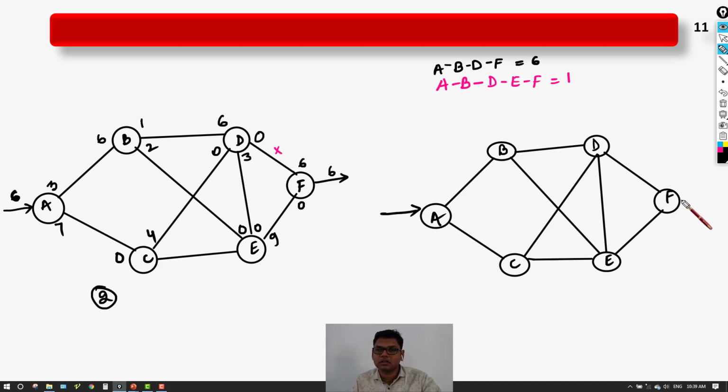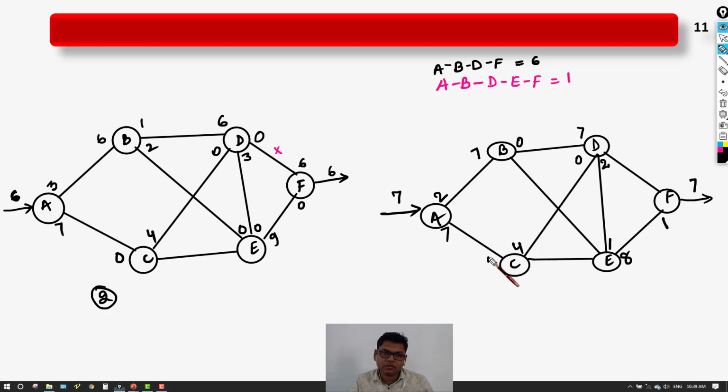Entry, exit. Now how many entries? 7 entries. A to B, 1 gone, so 2 remaining, 7. 1 gone, 0 remaining, 7. From D to E, how much? 1 gone, so 2 remaining, 1 here. From here 1 gone means 8 and 1, and this is 7. This is done. The rest are unchanged.